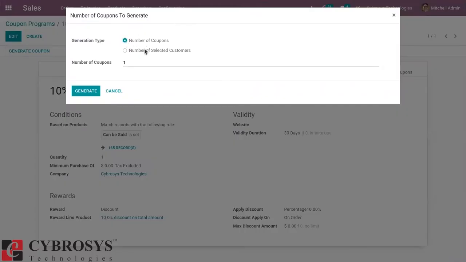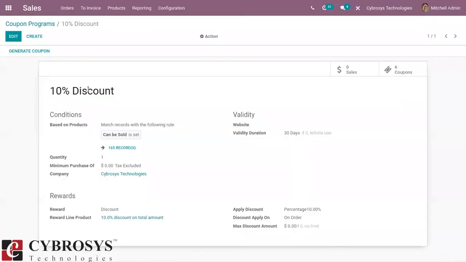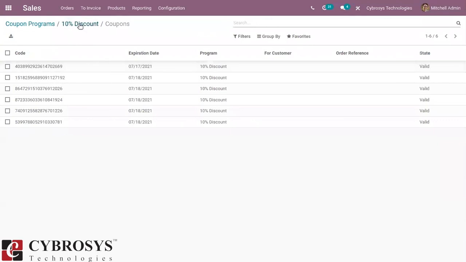So we can choose the generation type either by number of coupons or selected customers. That is, we can limit coupons to some customers or by count of coupons. So I am limiting to 5 coupons. So if you click on generate, then 5 coupons will be generated. So now we have a total of 6 coupons.